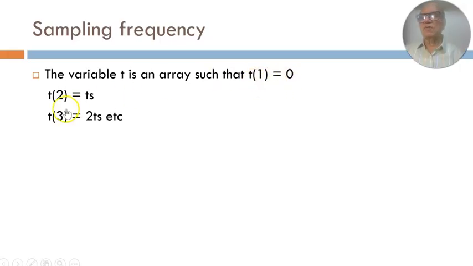So t1 is 0. Then t2 is how much? So t2 is away from t1 by a time which we call the sampling time, which is Ts. Then t3 is again away from the second sample by Ts. So t2 will be Ts, t3 will be 2Ts, and so on. So this is the sampling time. We have already studied in the previous session how this sampling time is selected, but we'll again look at the